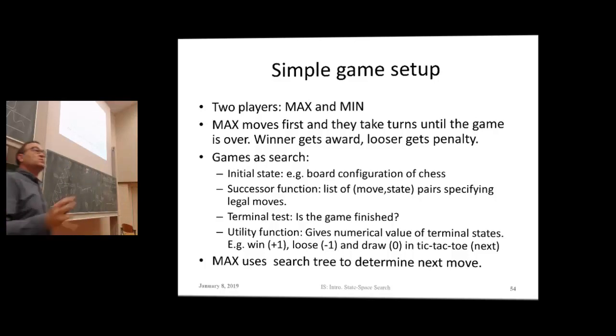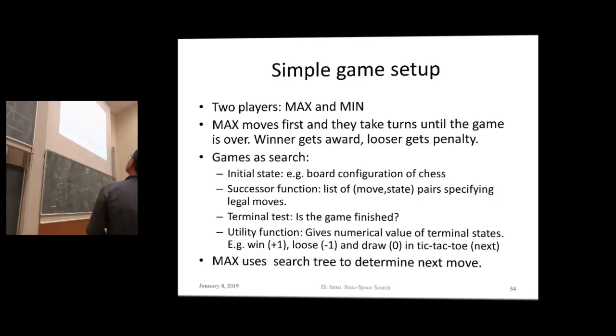So we have two players, Max and Min. Max tries to maximize a score, and Min tries to achieve the opposite, namely minimizing the score. In many cases, we can just say the winning is 1 and losing is 0, and Max tries to get to the 1, and Min tries to get to the 0. So that's the starting position.